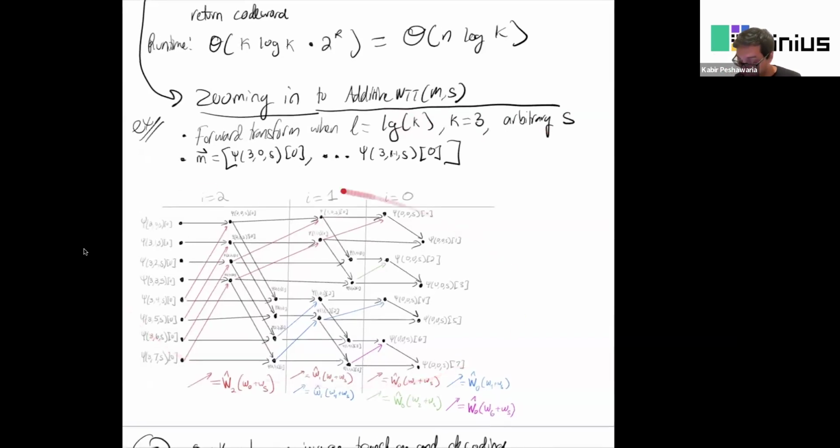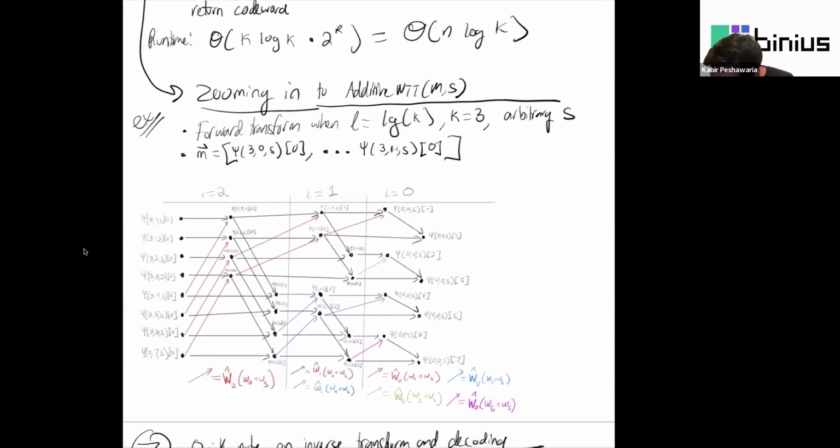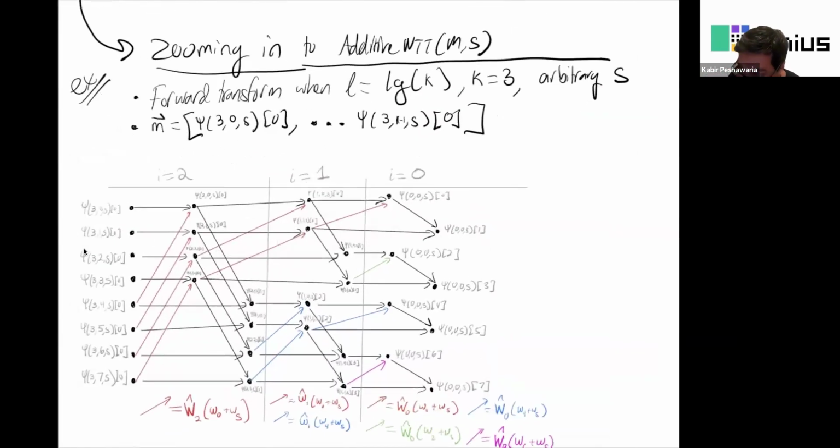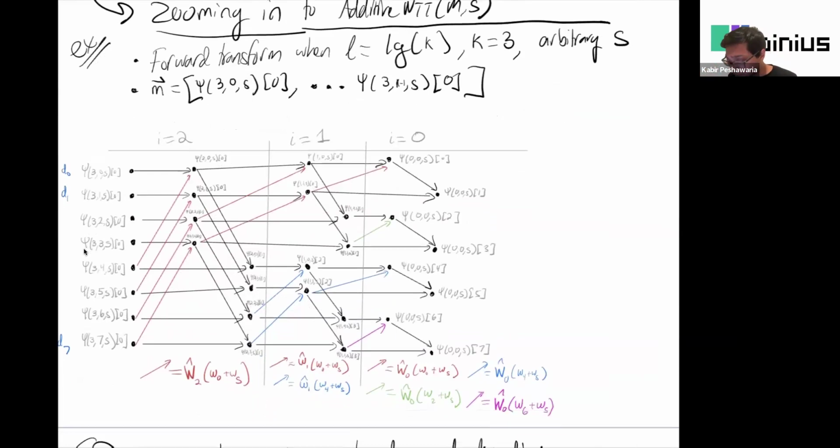It's exactly like what we had done before. And what is this at the very end? What this is at the very end is this again. So this here is like D0, D1 up to D7, the novel basis coefficients for our specified polynomial. And here, this at the end is like D evaluated at omega 0 plus omega s, D evaluated at omega 1 plus omega s, all the way down to D evaluated at omega 7 plus omega